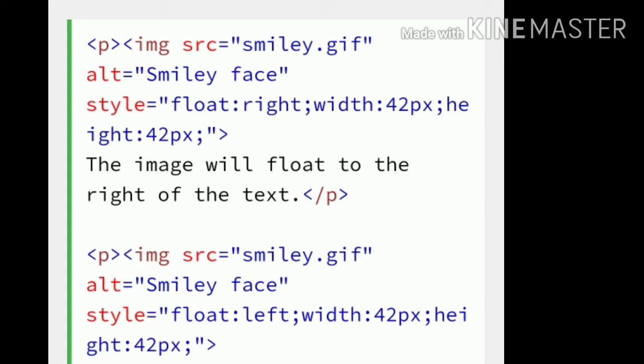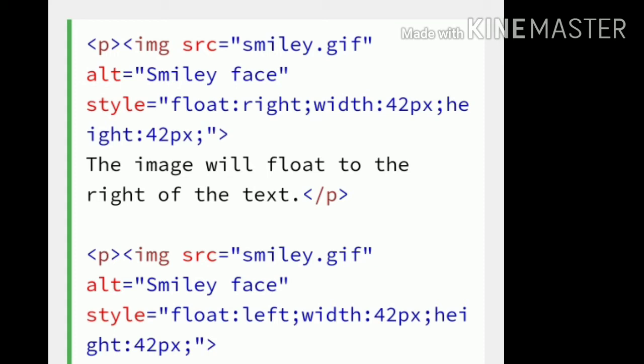After then you can go for img src equal to within double quotation smiley.gif closing of double quotation, alt equal to within double quotation my smiley face, style equal to within double quotation float colon right, semicolon, width colon 42px, height is equal to 42px, semicolon, closing of double quotation.